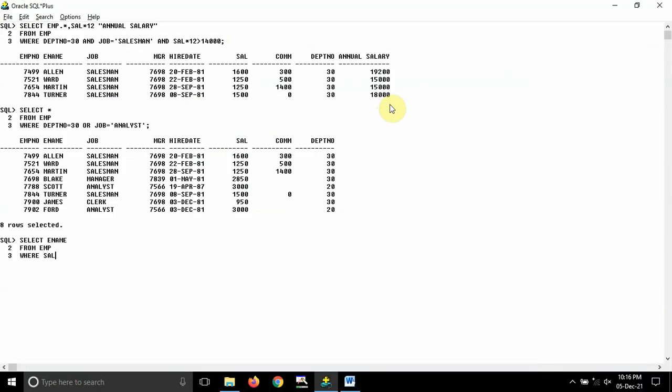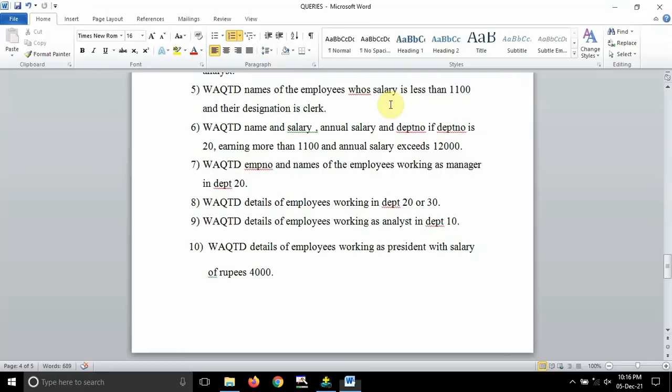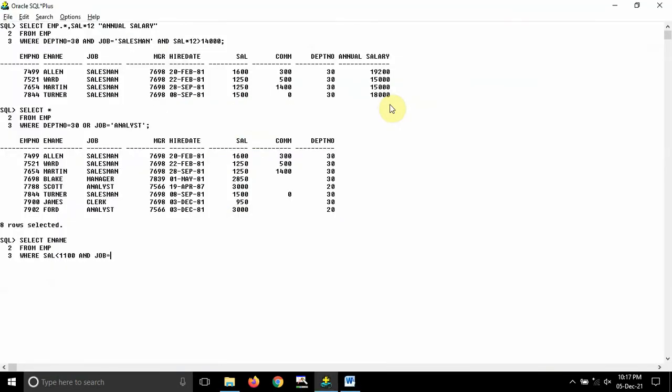So salary should be less than 1100, and the next condition says designation is clerk, so job is equal to clerk. So this is it, guys. If I hit enter, you can see Smith and James are the two employees whose salary is less than 1100 and their job is clerk.